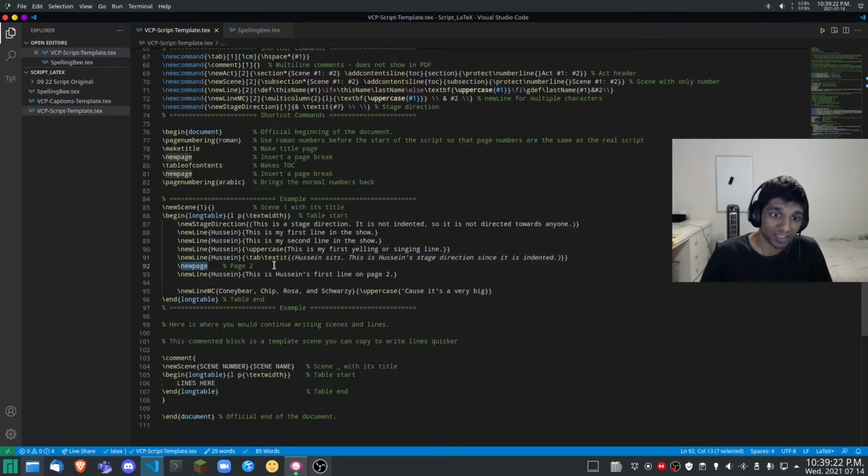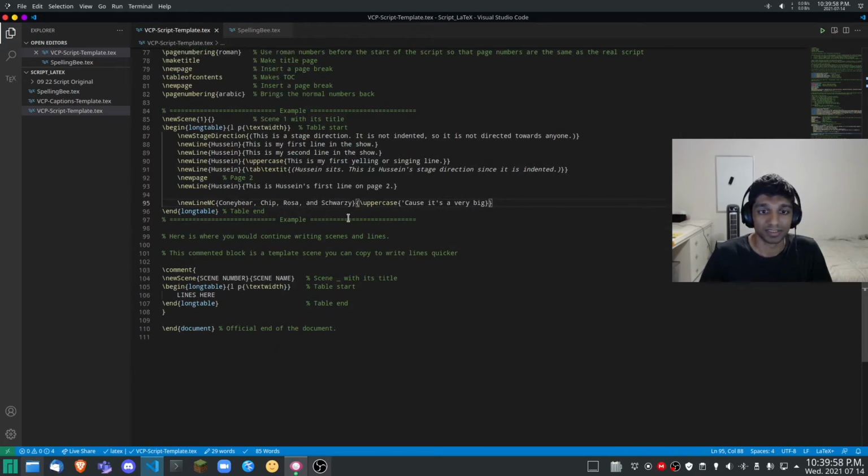This new page command makes a new page between lines, so you can stay in conjunction with the actual script if lines change. So say you have a specific line that's on page 37, you can also go to page 37 on this document and it would also be the same. And as you can see here, this is an example of the first line on page 2. And here is a line example for a line said by multiple characters.